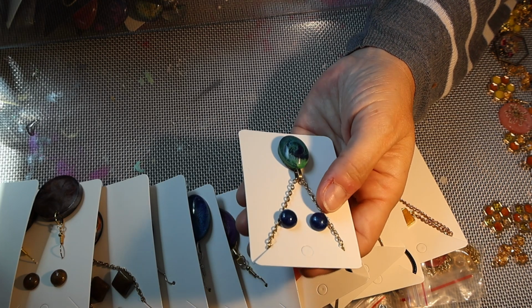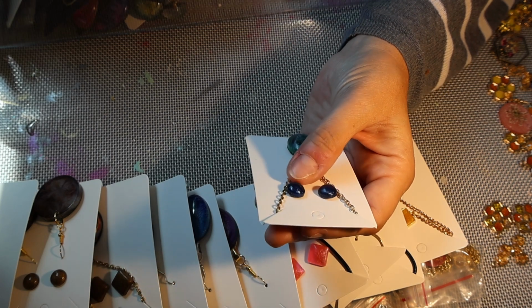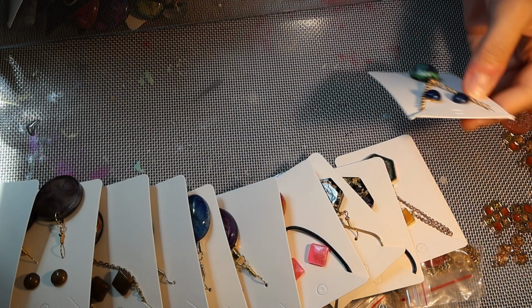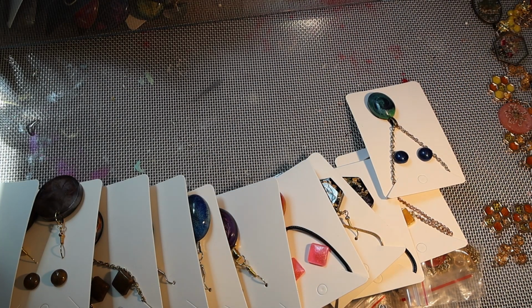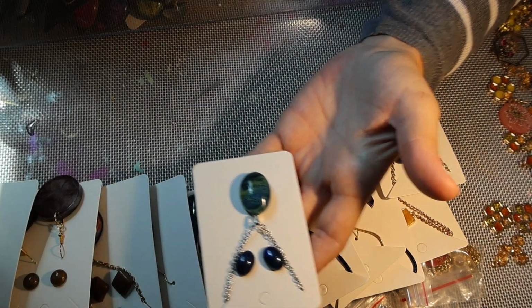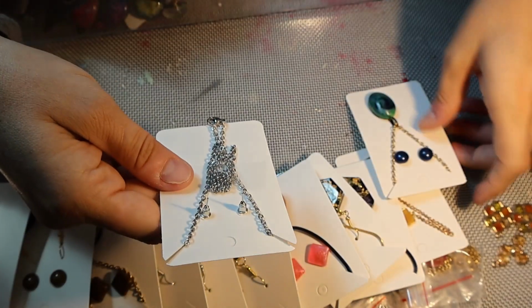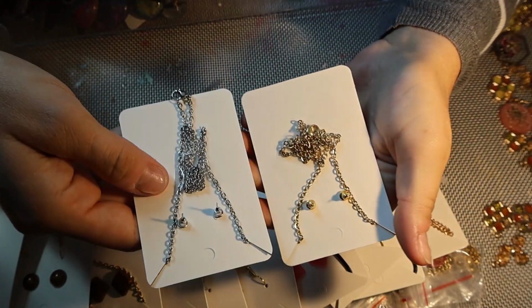I think they're just so cool, and I love how this blue metallic ink came out on those small earrings. I think that's so fun. I'll just pull this one out of kind of the middle. Here's another one that's like that, only on a silver chain, and I did match up obviously the gold and